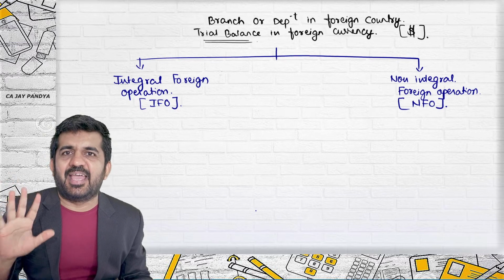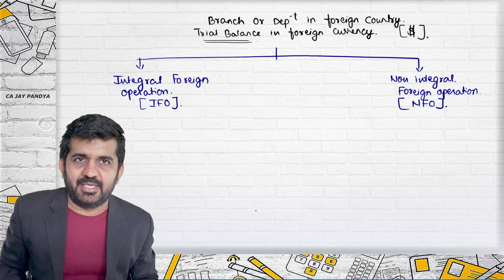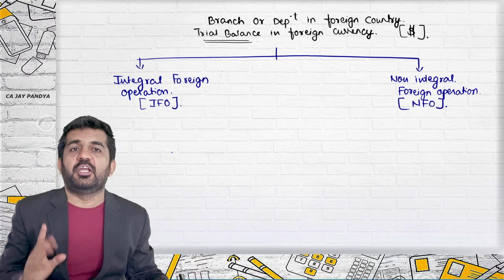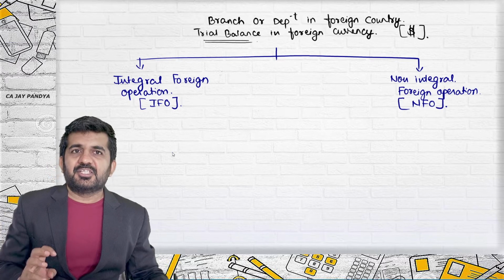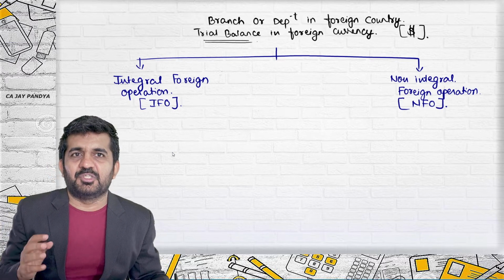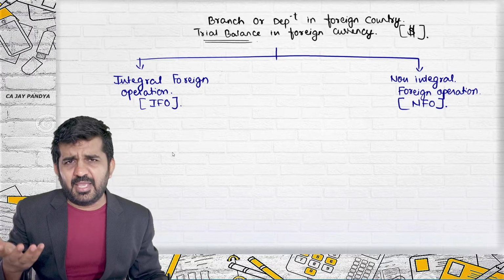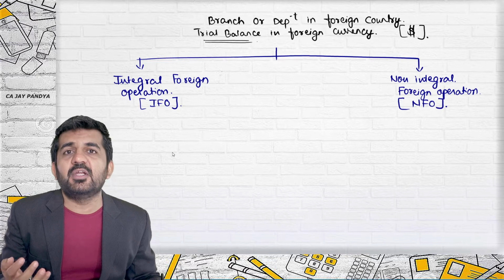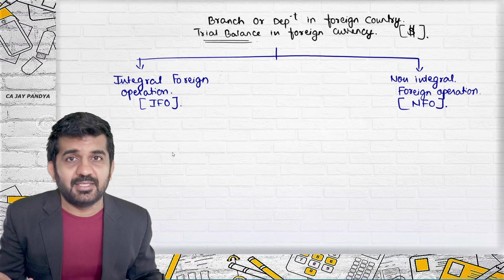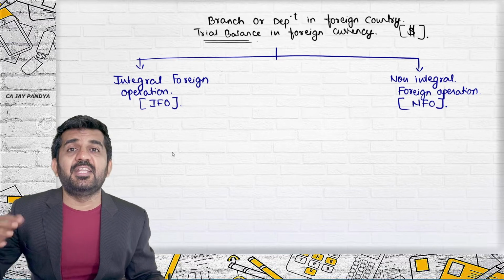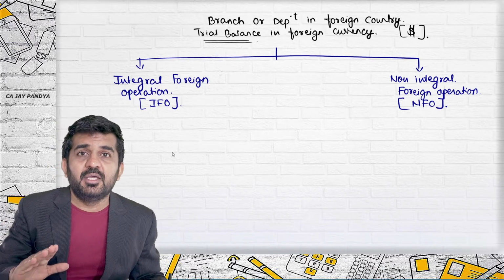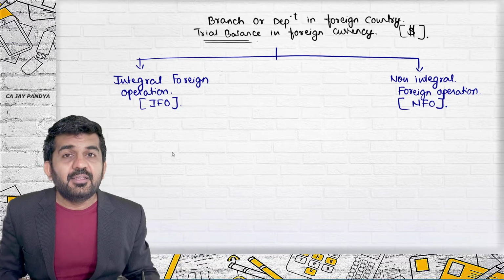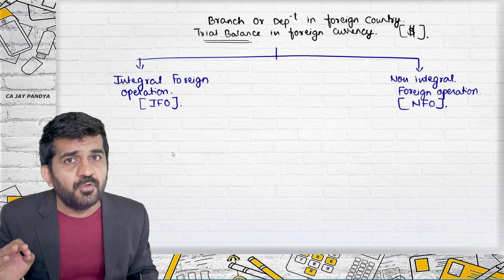So my company, say X Limited, has a branch in USA. I need to decide whether it is integral foreign operations or non-integral foreign operations. Sir, we should present it in such a manner which benefits us in income tax. Agreed. Which benefits us in GST. Agreed. But understand, this should not be the fundamental criteria for deciding. Is it all right? If you are evading tax by just showing integral foreign operations or non-integral foreign operations, or vice versa, then it might be challenged in a court of law.